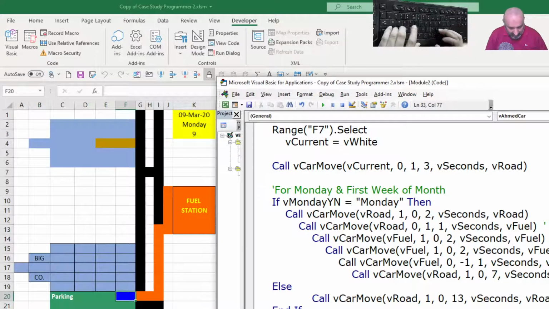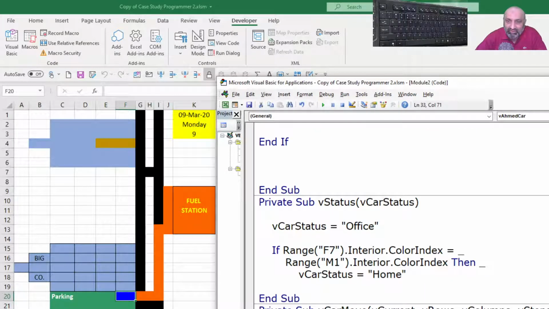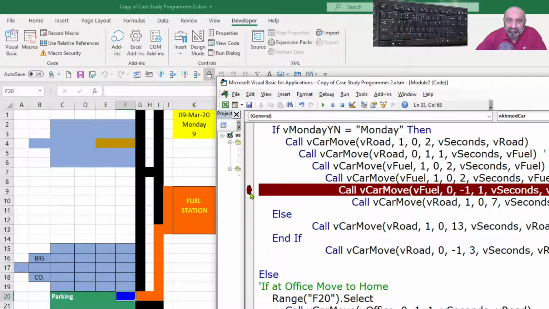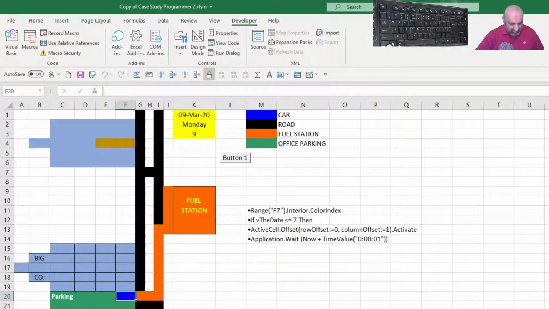This is back on the road. We are saying the road is the new color. But why is the road black? So let's mark it here. Copy, paste, and run it again.